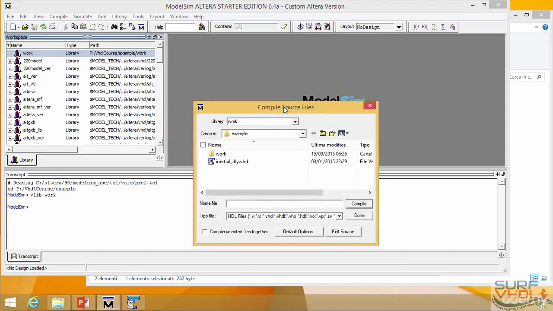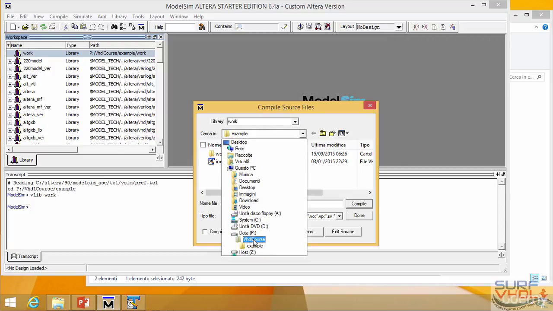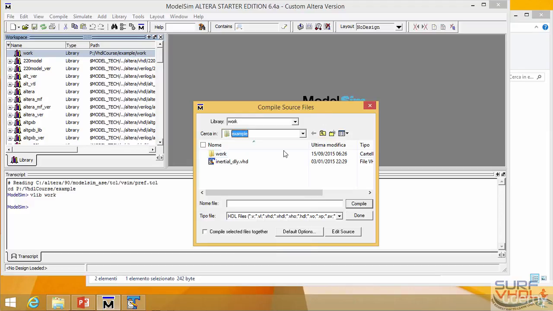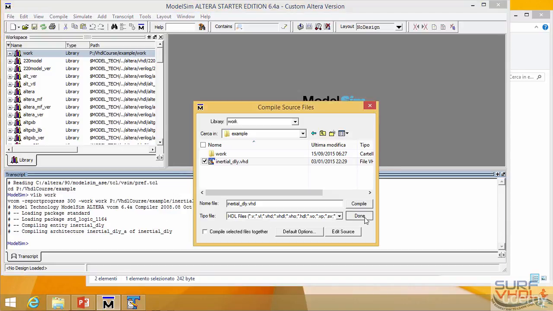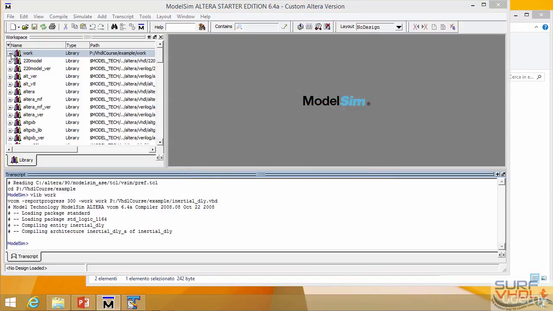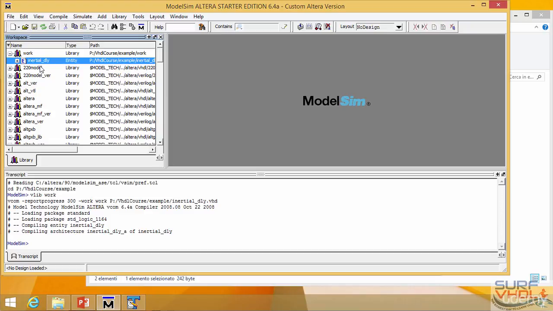The working folder, the selected folder, is vhdl course example, and we are in the selected folder with the library work already created. Now select the inertial delay and compile. Done. In the working folder we have the inertial delay